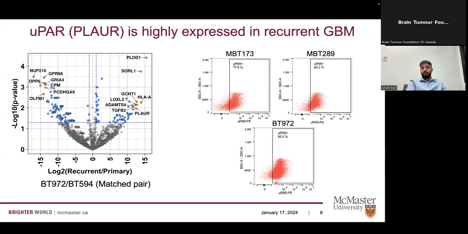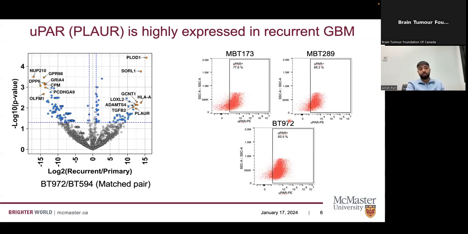And so what we see is there's a high proportion of the cells that exist within the dish that are uPAR positive in the recurrent GBM. Originally we had looked specifically at BT972 because we saw differential expression, and we started to see a trend looking at all of the recurrent GBM samples we have in the lab, and we see that it's consistently highly expressed in the recurrent disease, making it a possible